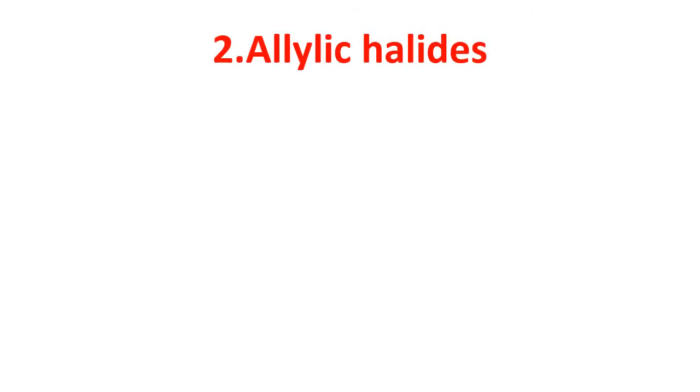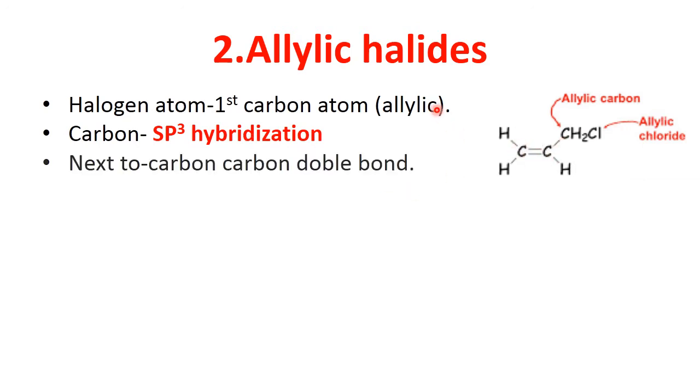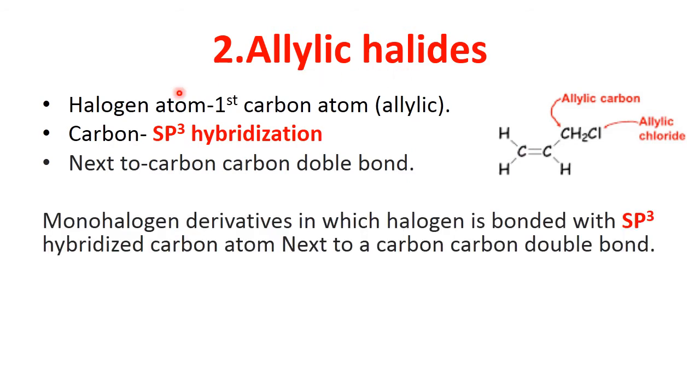The second type of classification of monohalogen derivatives is allylic halides. In this case, this halogen atom is bonded to a first carbon atom, which is considered an allylic carbon, and this allylic carbon atom is bonded with a halogen atom, and therefore this is considered an allylic chloride. This allylic carbon is bonded with other atoms by a single bond, and therefore it undergoes sp3 hybridization. This allylic carbon is present next to a carbon-carbon double bond, and therefore these allylic halides are defined as the